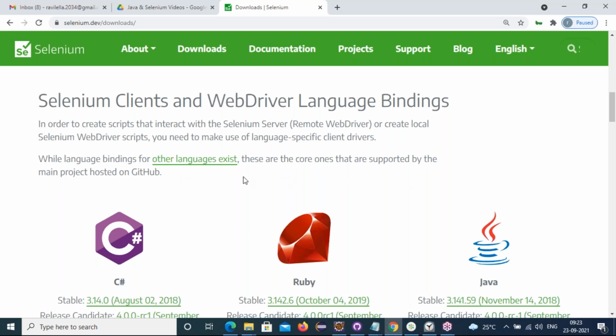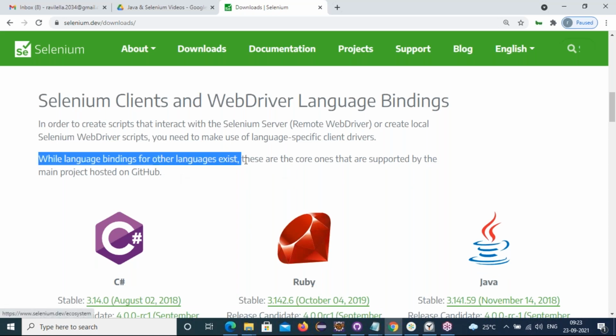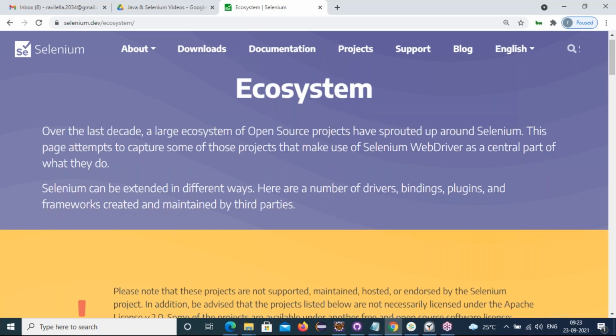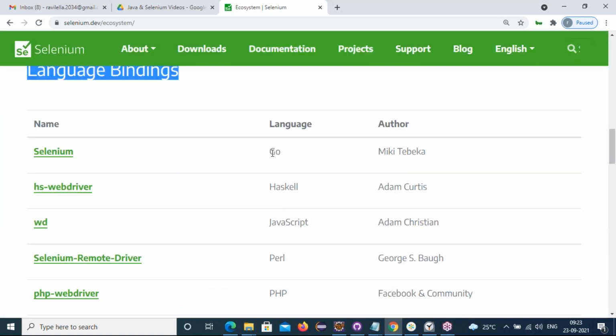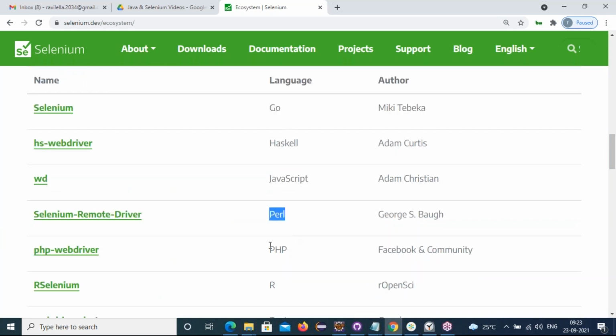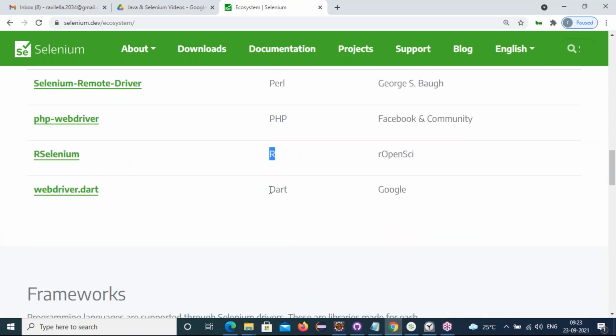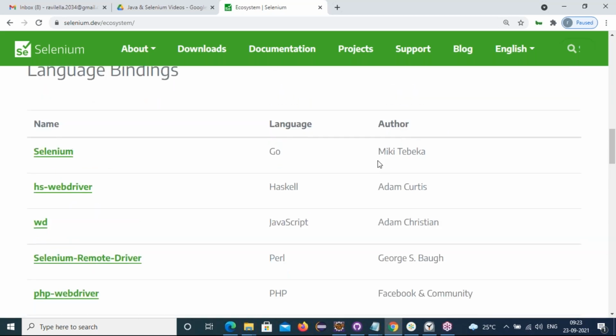Apart from this, some other language bindings also exist. Here we can find Go programming, Haskell, JavaScript, Perl, PHP, R language, Dart. These are the others.